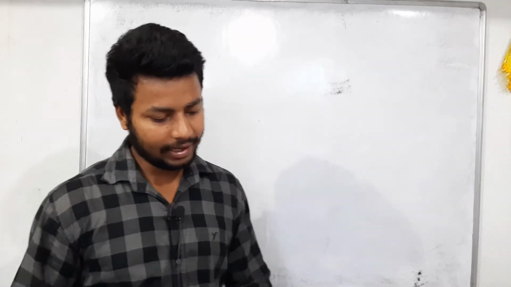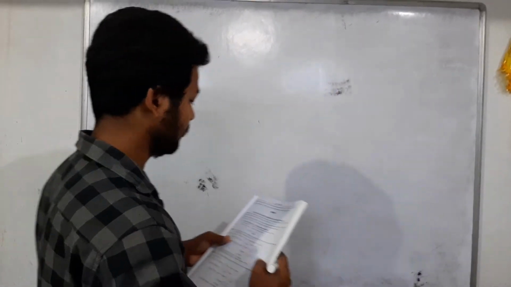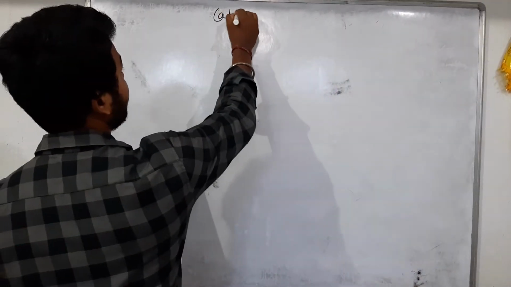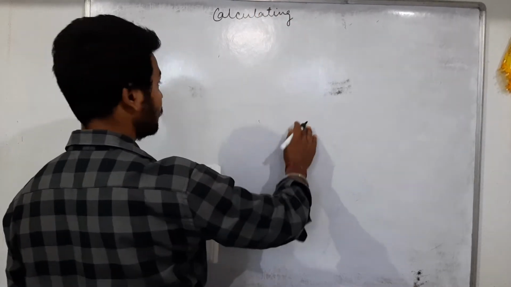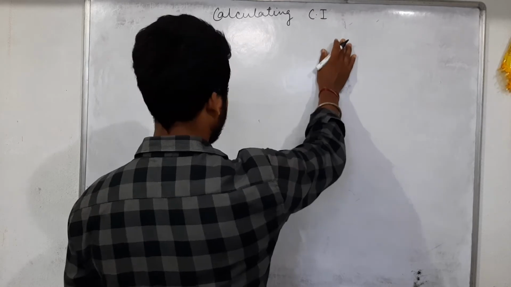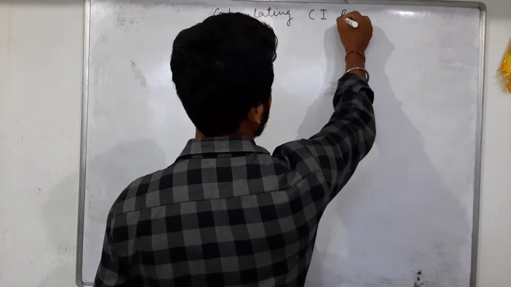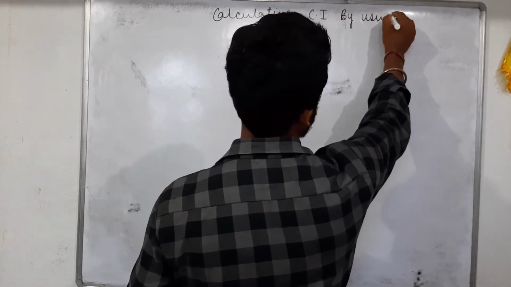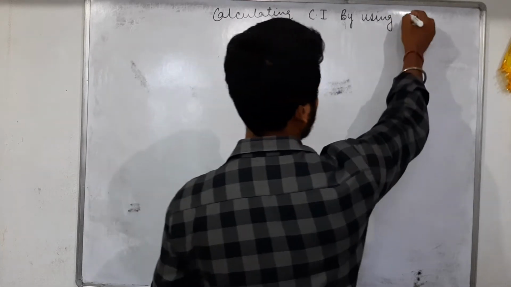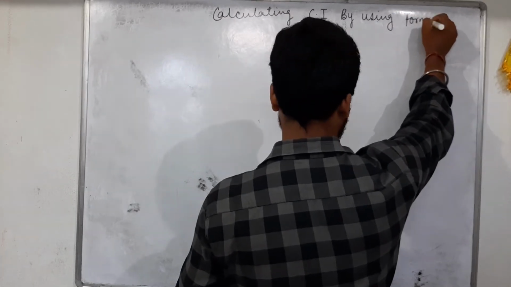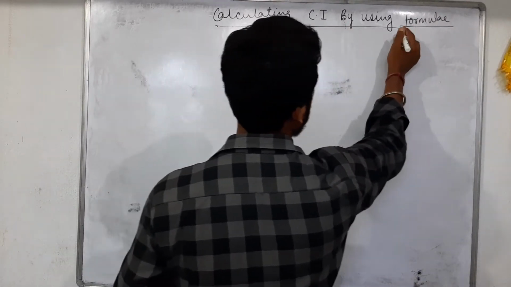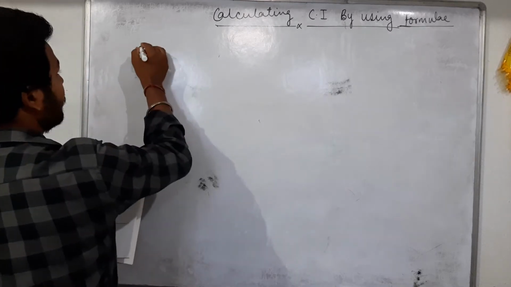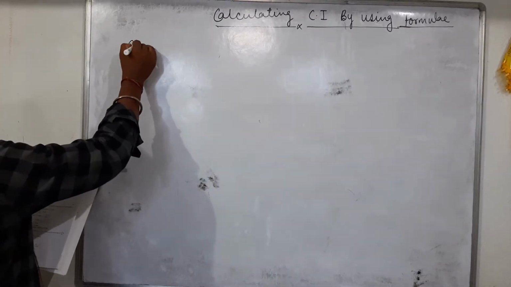ठीक है, तो पहला केस हमारा है, आज का टॉपिक है that is calculating compound interest, that is CI, by using formula. फॉर्मूले बोलते हैं उसको. There are three cases. The first case is